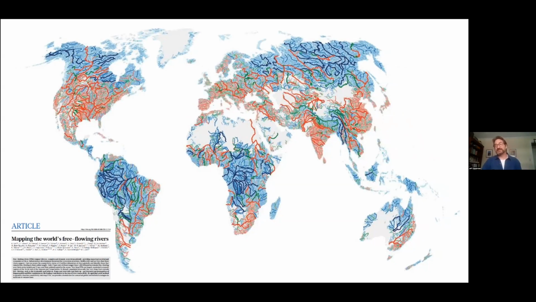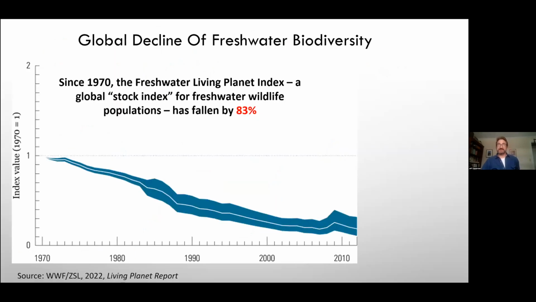And then in Asia, what really stands out is the Salween and the Irrawaddy, two large free-flowing rivers that exist in South Asia, Southeast Asia, or East Asia, really. So this is the extent of free-flowing rivers in the world. And this is a large explanation for why freshwater ecosystems and populations have declined. This is something called the Living Planet Index. It's a number that WWF puts out every 2 years in the Living Planet Report.